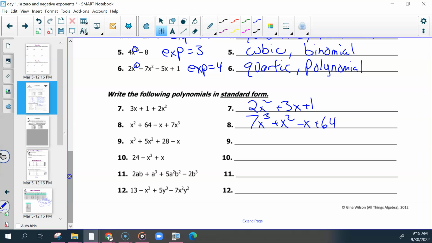If we end up switching the sign, then we've changed the problem. Right. Number 9, what will go first? x to the third. And then 5x to the second power. And then negative x. And then